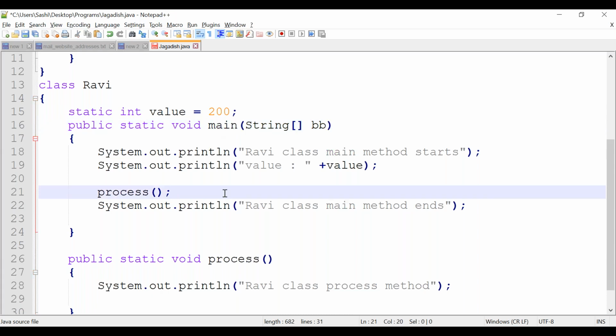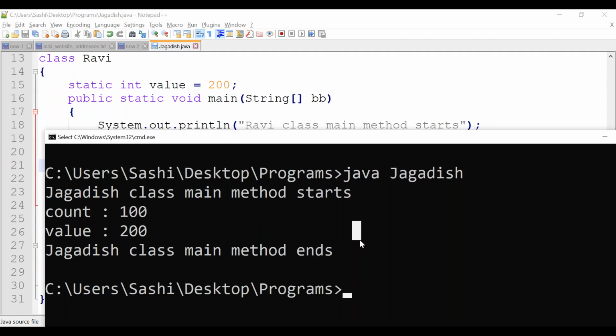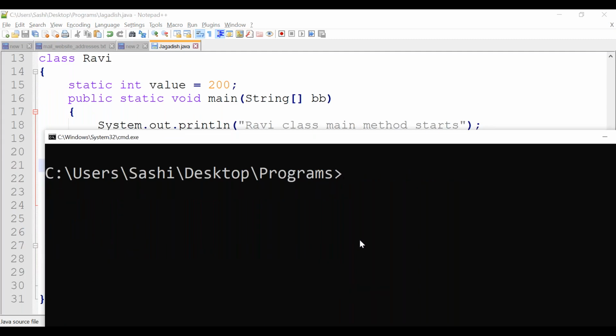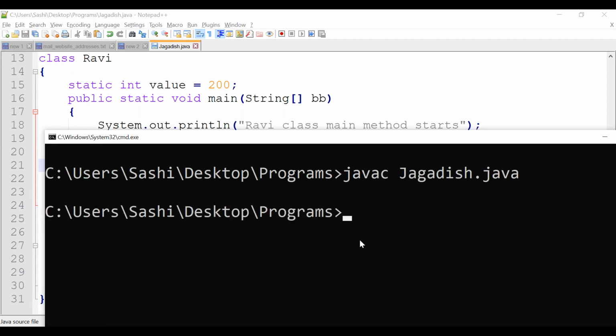Our second option is, if I want, I can call it like this also: class name dot method name. This is also possible. Both are the same. So let's run Ravi now. Recompile the class again: javac filename.java.